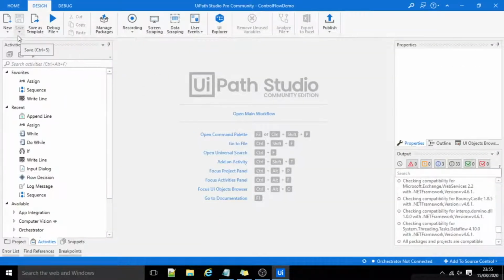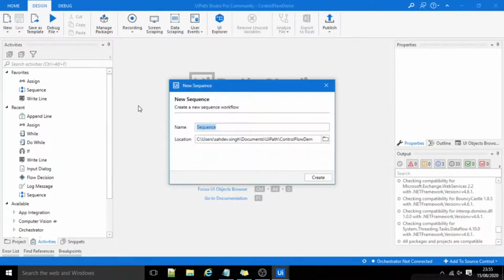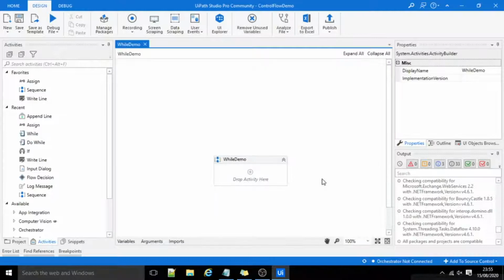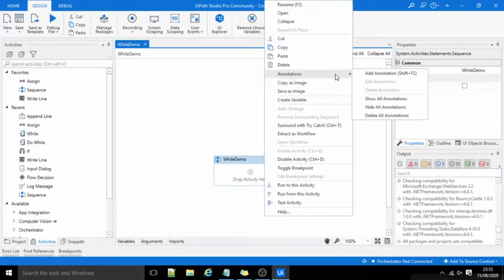To demonstrate about while activity, I'll create a workflow using sequence. I'll name it as while demo. I'll add some annotation.